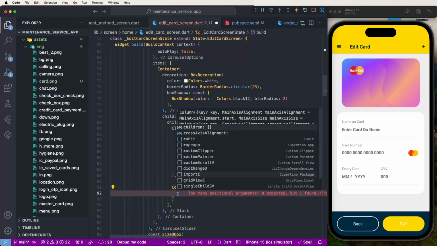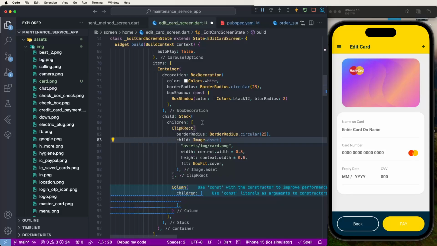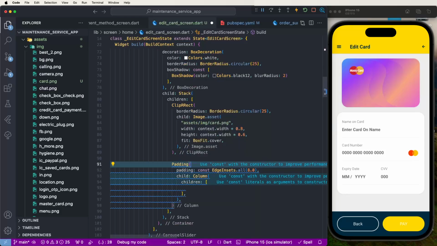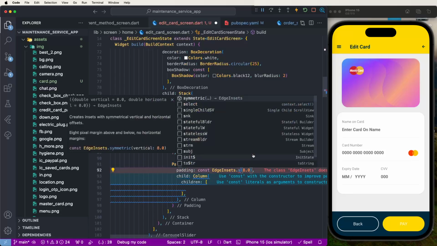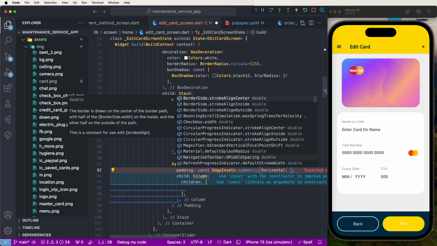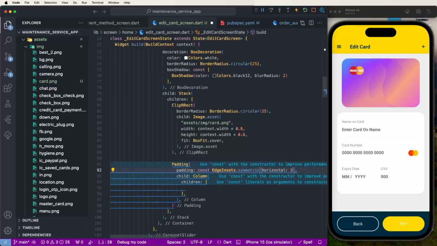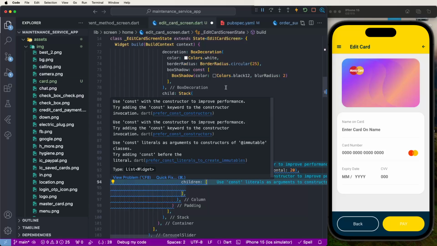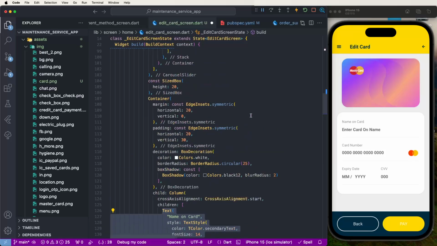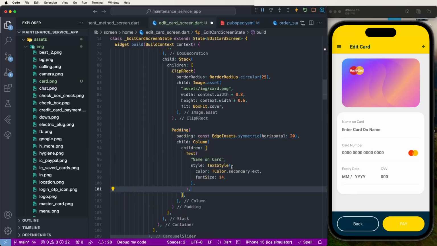Column children, and we need to set the padding symmetric, horizontal, we need to set 20 here, and we need to set the text. Now first of all we need to copy any text here, and paste this here. Now we need to set color white,